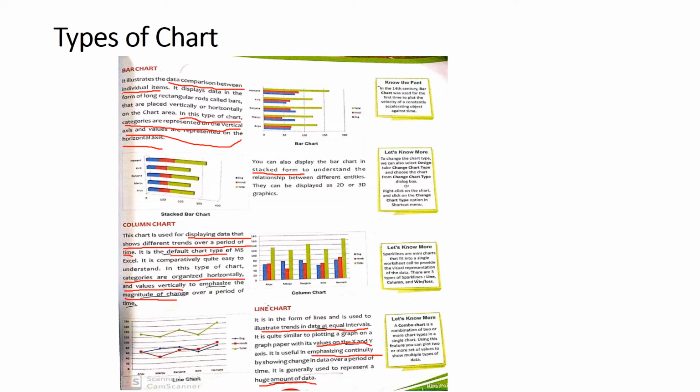And the other form of this bar chart is the stacked bar chart. As you can see here, the difference: stack is one thing upon the other thing. As we have the stack of plates, when we go to any of the parties, we see the stack of plates, one plate lying over the other plate. This is known as a stack.